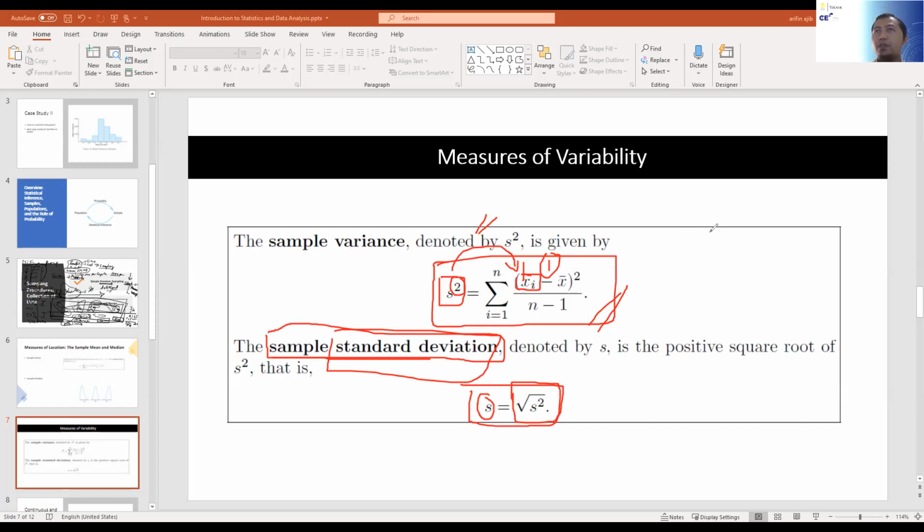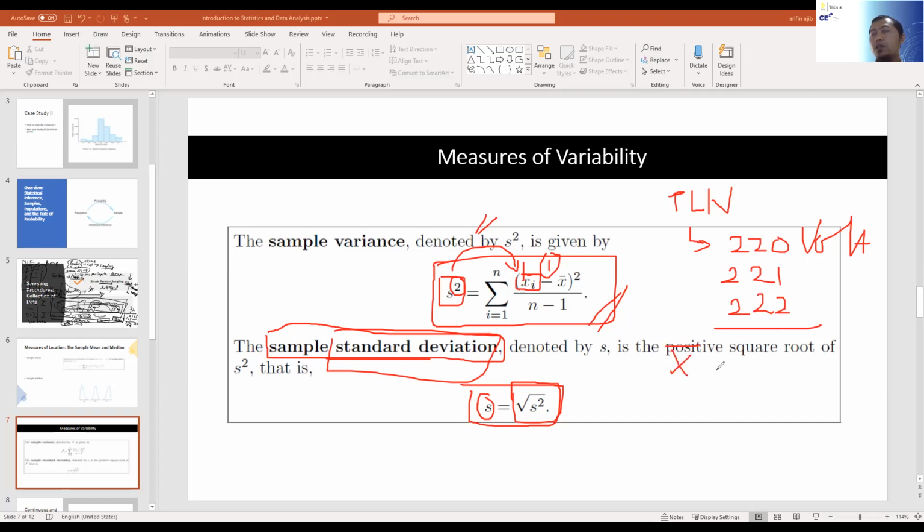For example, here we measure the voltage from PLN. We measure that we got, let's say, 220 volt, right? And then we make a measurement again, 221 and 222. Okay, so